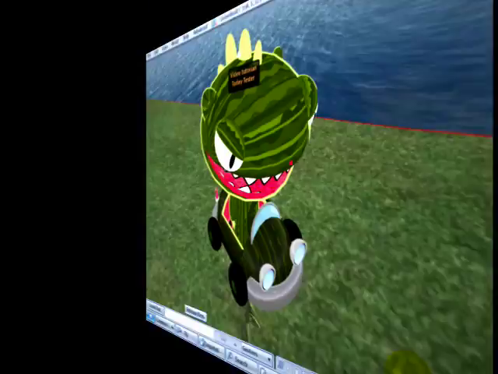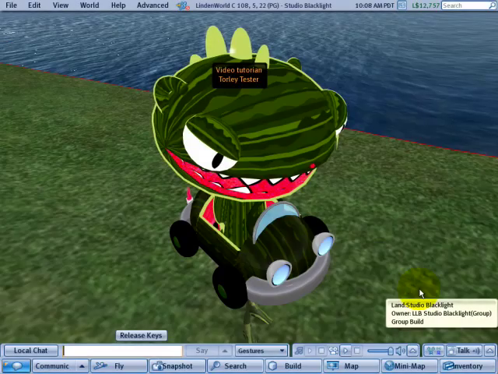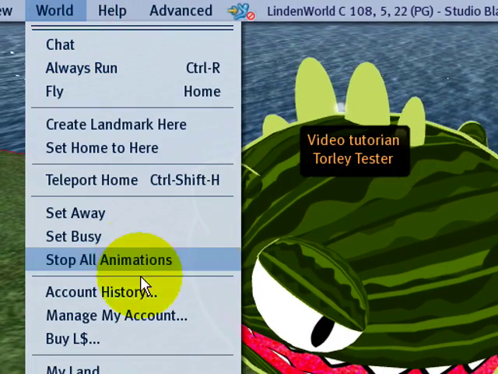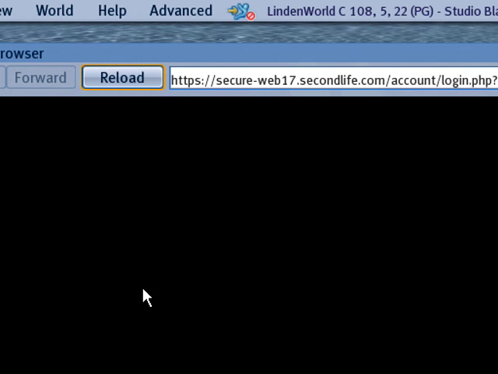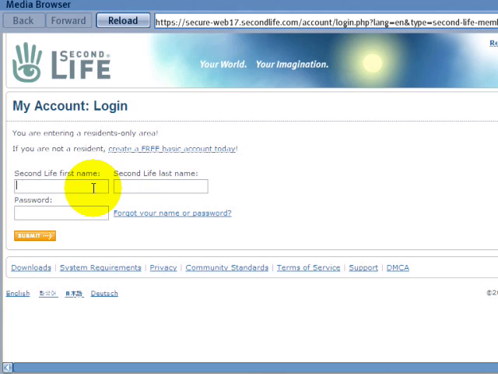In addition, you can check your recent transaction history from the inworld browser via the World menu and Account History. Notice that in a few moments, it will ask me to log in, and it will ask you to log in too if you're not already logged in. So here I am as Torley Tester. Let's go ahead and submit that. This is just the standard account area on the website,